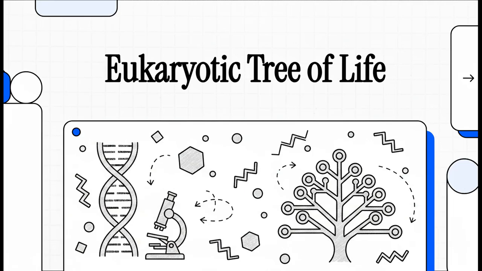All right, let's dive right into this explainer. We're going to explore how modern genomic data literally dismantled classical taxonomy and completely redrew the eukaryotic tree of life. If you're studying biology at the undergraduate level, you've definitely realized by now that the simple categories we were taught as kids just don't hold up under the DNA sequencer. So today we're looking at the hard molecular data that forced scientists to basically rewrite the textbooks.